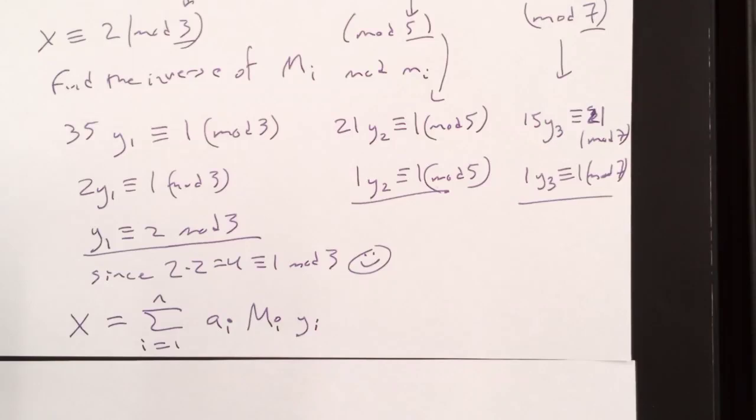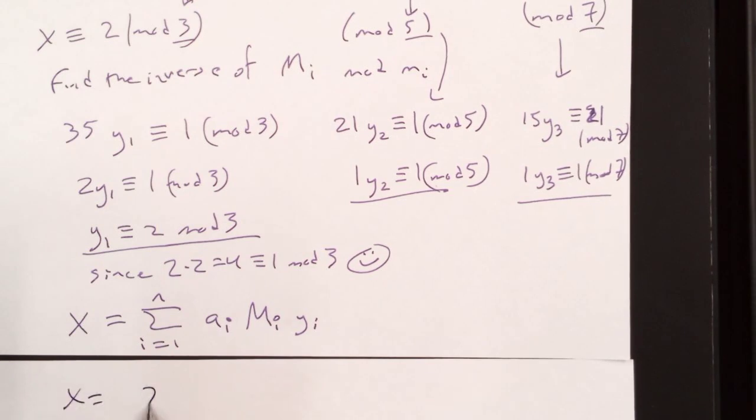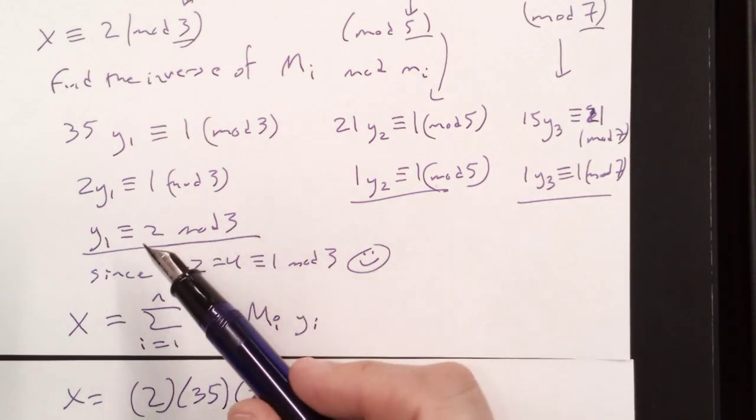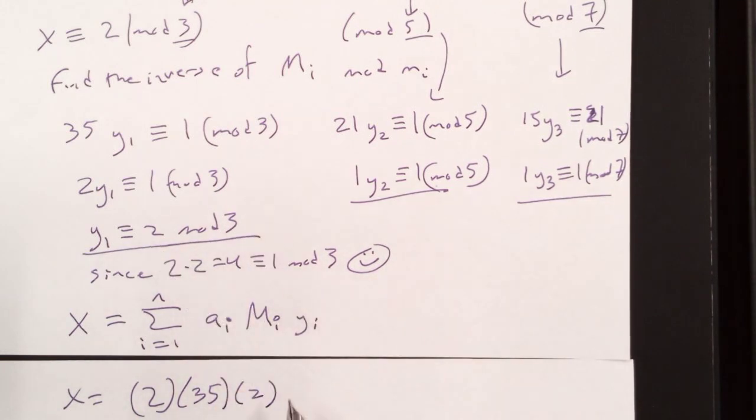You then multiply by the a you came up with at each section. So the a was given to me in the original problem. The original problem said x was congruent to what mod 3? It was 2. So 2 times 35 times 2. That's the y for that part. Plus